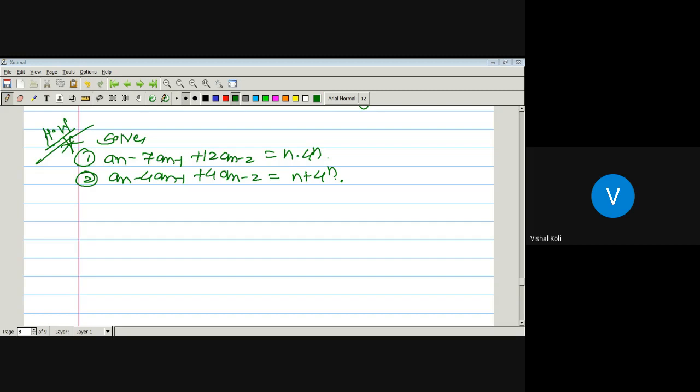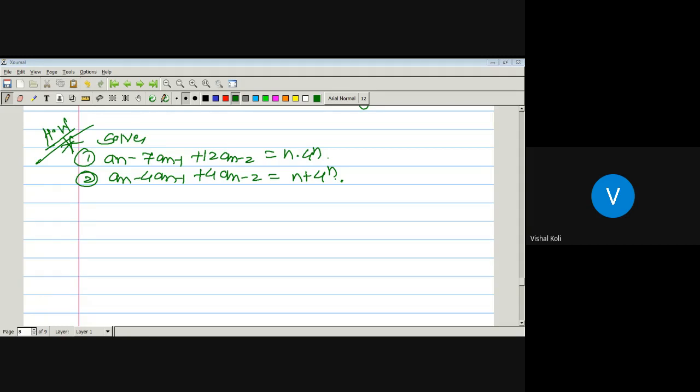Okay, so here we have to find out the general solution of the non-homogeneous difference relation with constant coefficient. For the first one, we know how to find out its trial function. Since we know the formula whenever there is a case in which C raised to n into P of n. In the first case, the f of n is nothing but n into 4 raised to n. It means it is a polynomial of degree 1 into C raised to n. What should be the roots of our homogeneous solution? As it is minus 7 plus 12, it means minus 4 minus 3, so 4 and 3 are the roots.